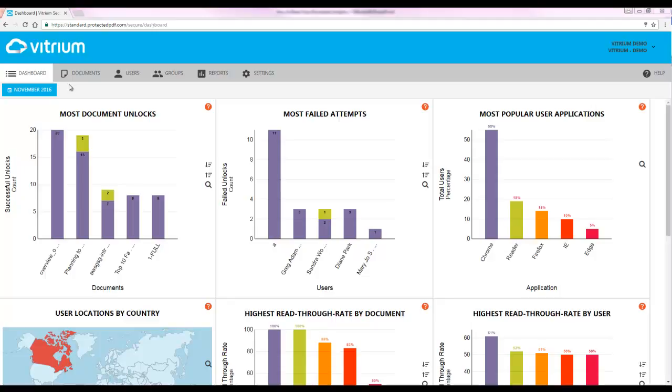Right when you log in, you'll notice that the first tab that loads is our dashboard analytics. The dashboard shows you a high-level summary of the analytics data we're pulling from documents and users in your account, displayed here in graphical format. The bar charts show the top 5 documents or users, but you'll have the ability to drill in further to